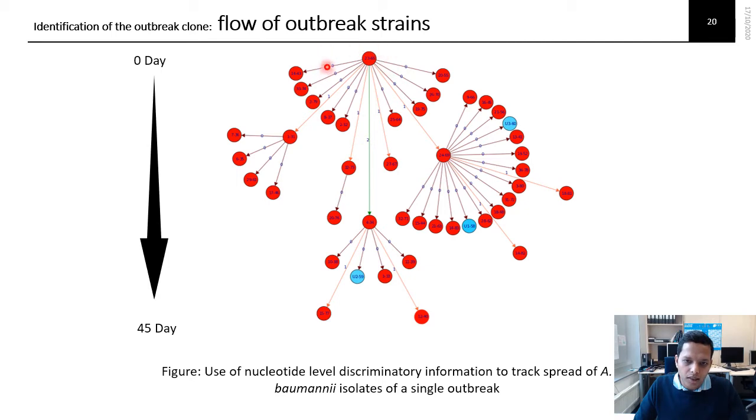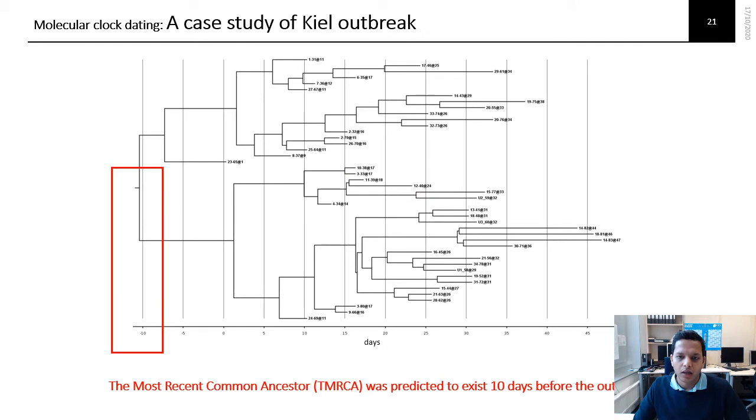So you can see here these are the different strains shown in circles, and these numbers indicate the nucleotide differences. And you can see, for example, 2, and in addition to 2 there is 1. So based on these nucleotide differences, how this strain originated from the original strain could be determined. As we know, there was a difference of 9 nucleotides among the isolates that were obtained over 45 days. We reconstructed the relation between these isolates.